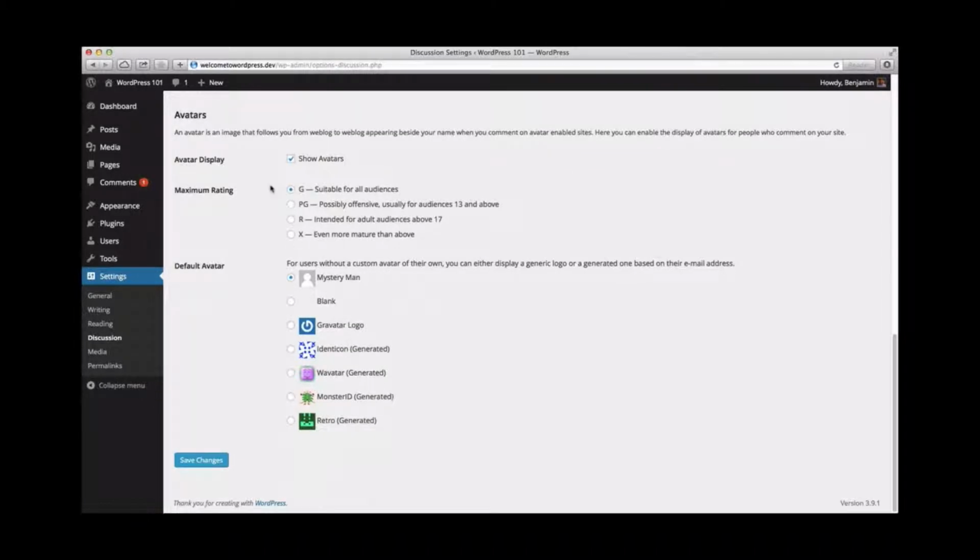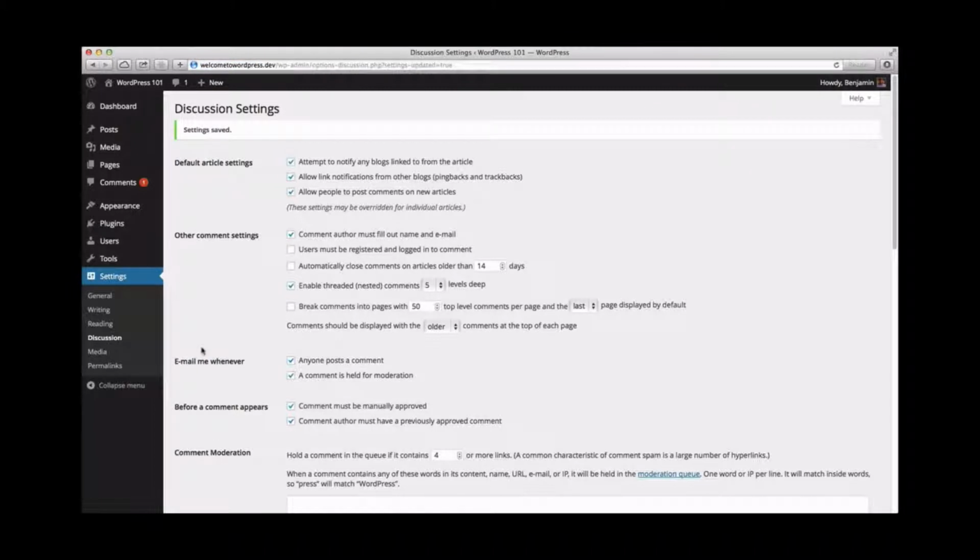An avatar is a profile image you can assign to your email address when you comment on an avatar-enabled site. Here you are enabling the display of avatars for people who comment on your site. Filter by their ratings or choose a default avatar for people who don't already have a custom one of their own. If you don't already have an avatar, visit gravatar.com to upload your own. Make sure to click the Save Changes button at the bottom of this page, and we'll move on to the